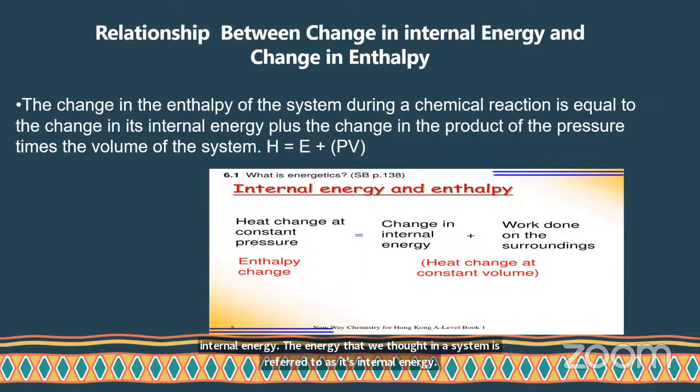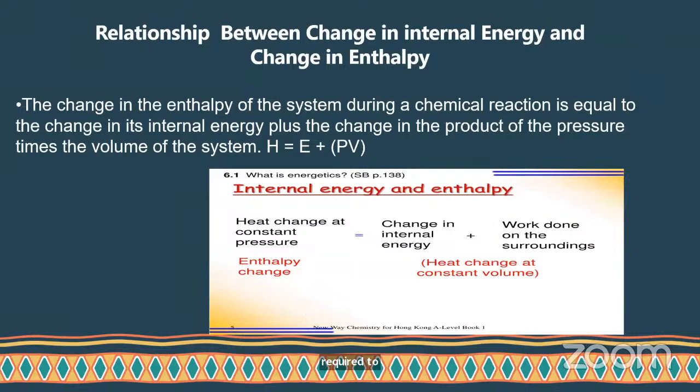Now, some of this energy that is stored in a system is available for work or conversion to heat. Conversion to heat is also work. The energy stored in a system that is available for work is called the enthalpy of the system. So that is the difference. You can have energy stored in a system. If that energy is not available for work, it is internal energy. But the available energy for work is referred to as